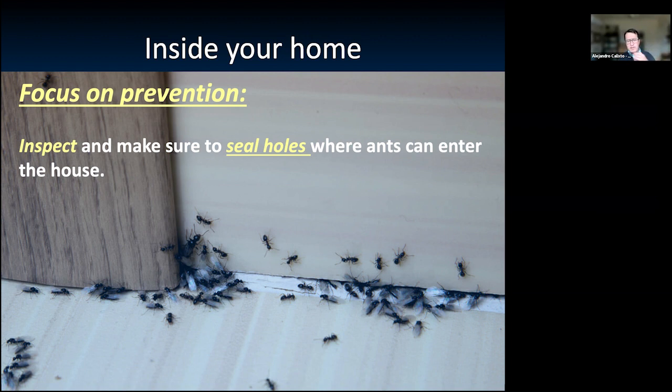Another tip, I'm sorry, I forgot to mention this. Of course, another side of prevention is making sure that you find those holes. If you're following a colony or the trail, and you find holes in the wall or they're coming under the door, that's the first thing you have to do. You have to try to make your house pest proof, and the only way to do that is finding all those holes. I know with ants it's more difficult because it's a small insect. But if you follow the trail, most likely you're going to find the hole, and then you're able to seal it. And you're going to see the difference. They're not going to be able to get inside your house.